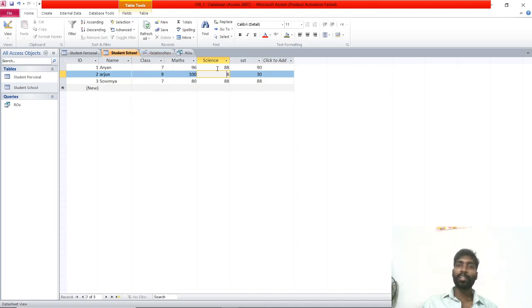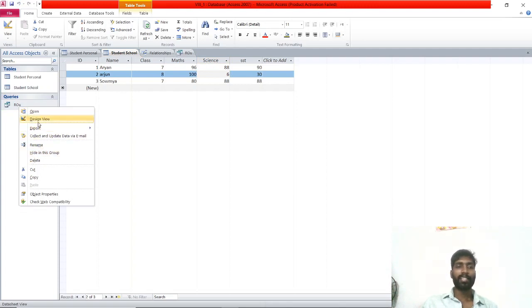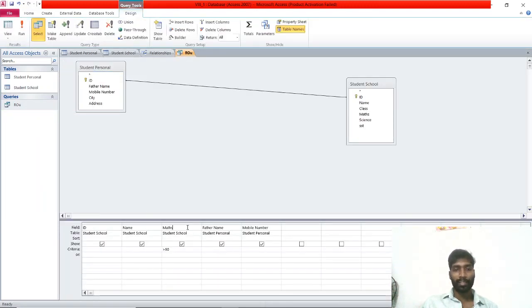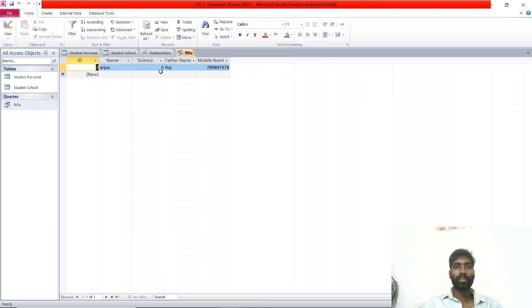In the science subject, those who have taken less than 50 or 30, it is your wish. Now see, right click, design view, create designer here, select science. Less than how much? 50. 50 or 30, it is your wish. I gave it, save. Now see science, only one student got less than 60.